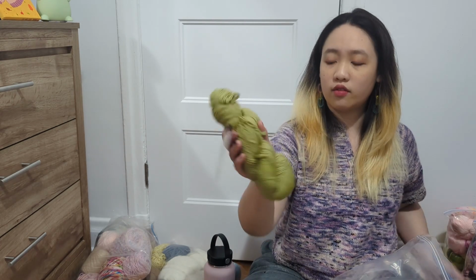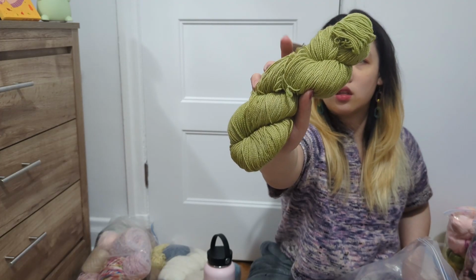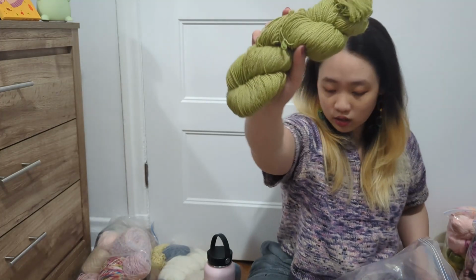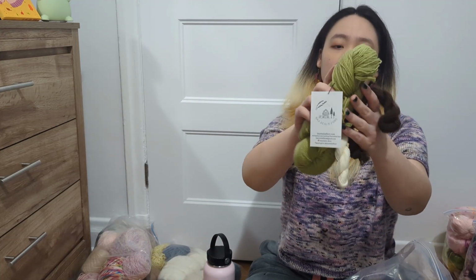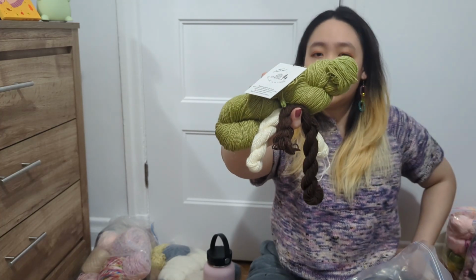Next we have this color from Baa Realis Fibres, and this is the Baby Yoda color. It came with these 2 mini skeins, and I mainly just want this because we started watching The Mandalorian, and